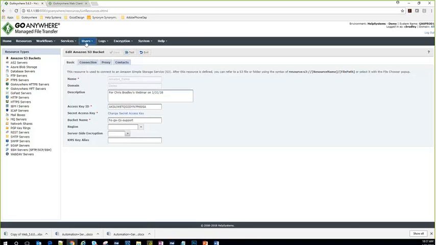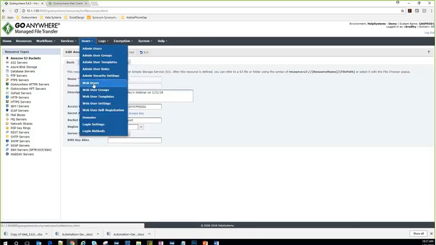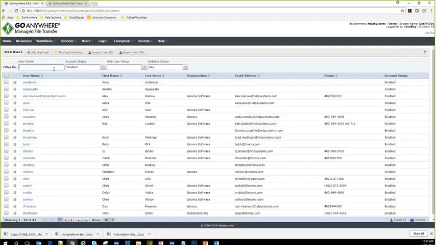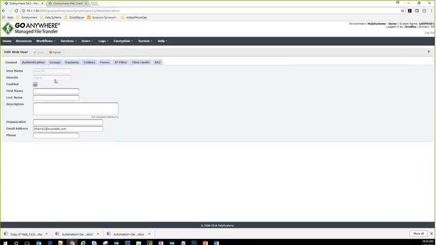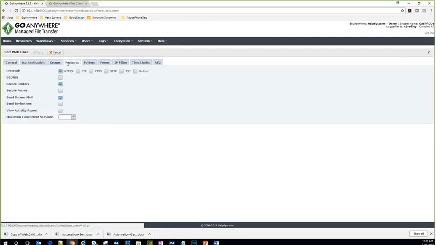So if I look at user management now and see all the web users that can connect to my server, I can look for my K Harris account. I can do type ahead, so I can scan through all the users I have and select the account. And on their account, this is where you configure all of the features and groups and permissions that a web user needs to access the web client. So this user only has the HTTPS server, secure folders, and send secure mail. So that's the only features they can see on the web client, but this is where I can also give them access to other features